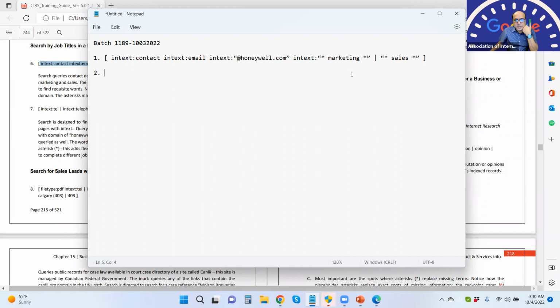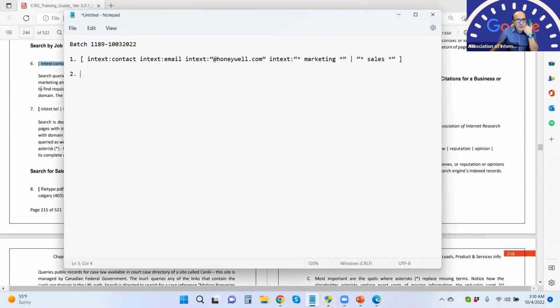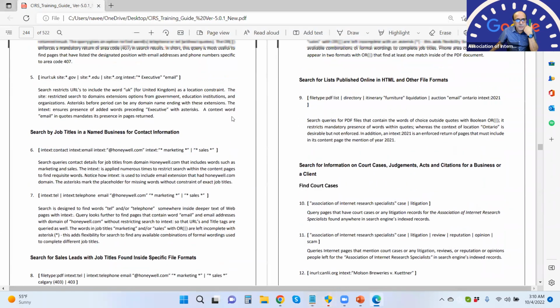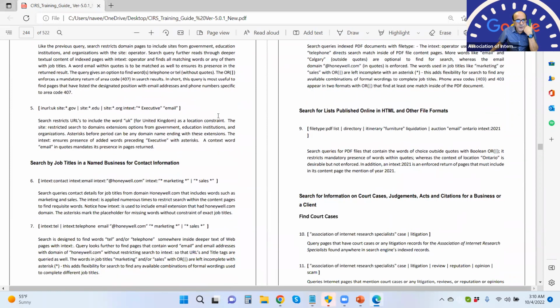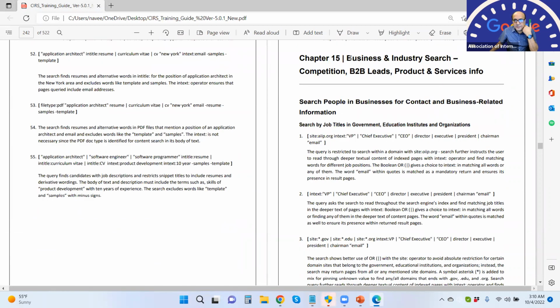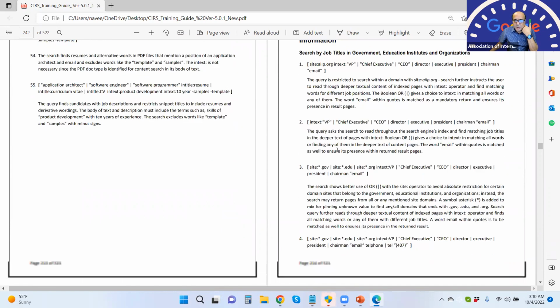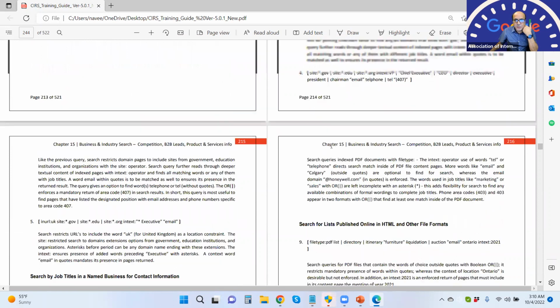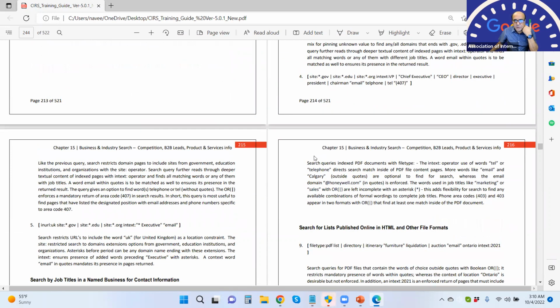So let's look at this search query for now. I've picked it up from page 215. The main title of this is chapter 15, Business and Industry Search Competitions, B2B Leads, Product and Services Info. Since we are doing picking and choosing, I would certainly want you to keep an eye on any of these that you would want me to run, because these are longer queries,